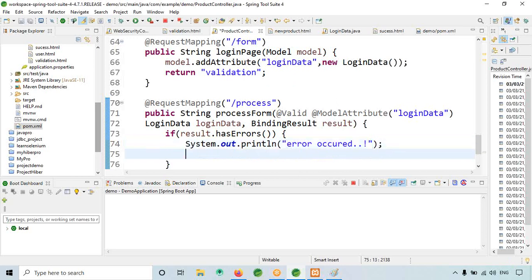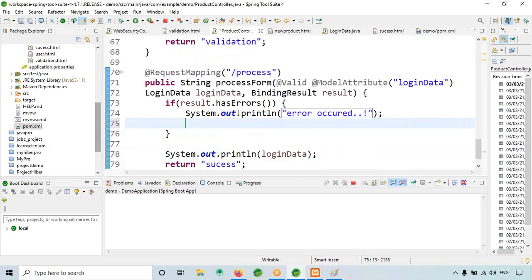After that, let me print the result as well, so we can see what the error is. So result like this, very simple.